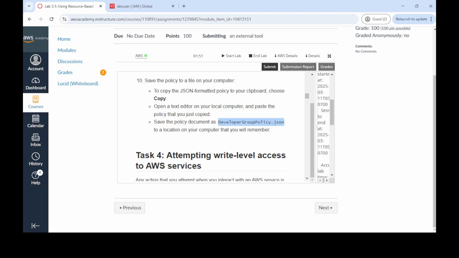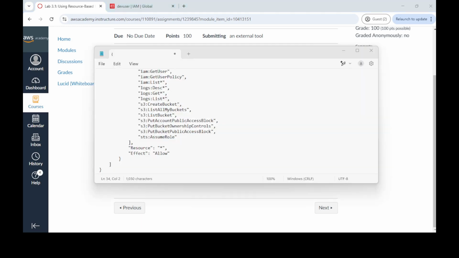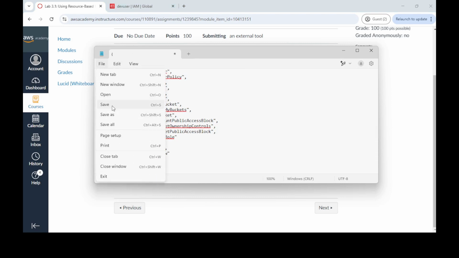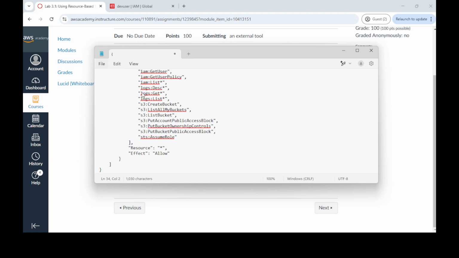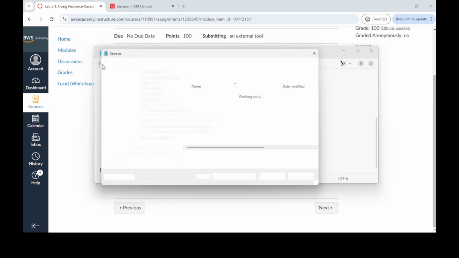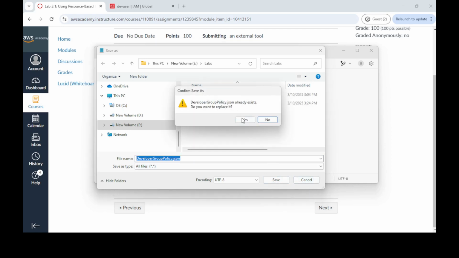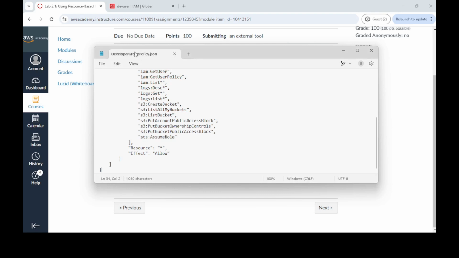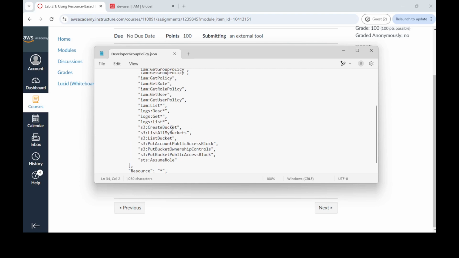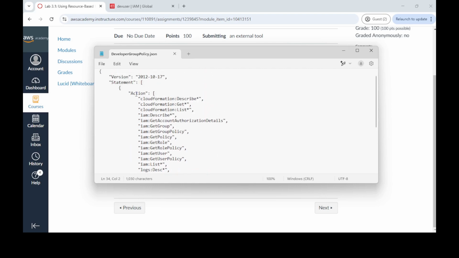When we save this file, we can save it as a JSON file. Yes, so we have saved this file, developer group policy.json, and here you can see the action,